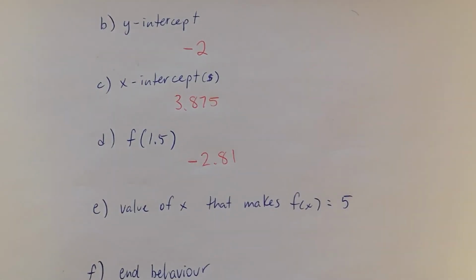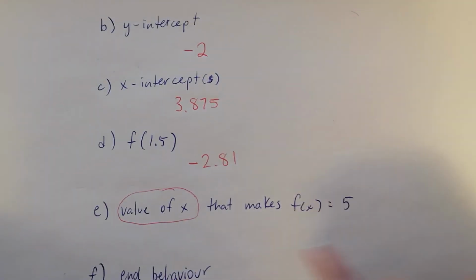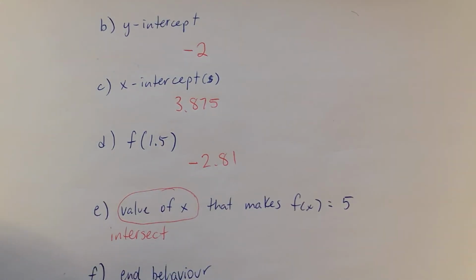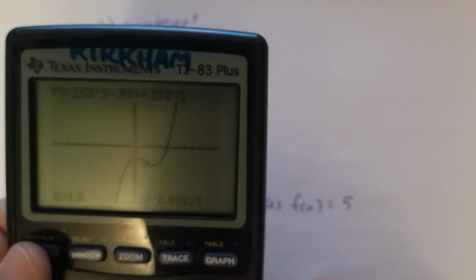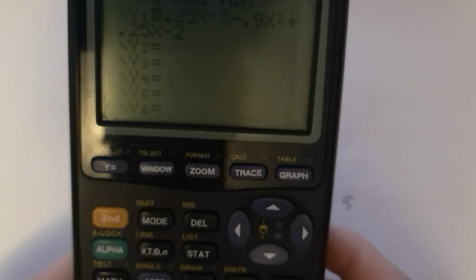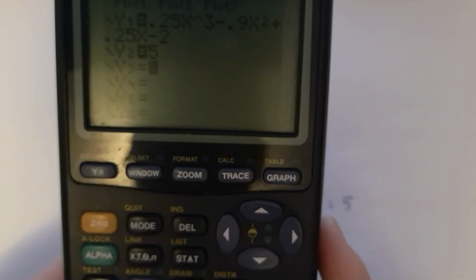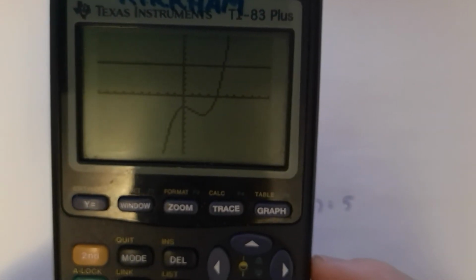All right, question E asks us for the value of x that makes f of x equal 5. And I've mentioned this in our previous video. When you're looking for a value of x, that's where you have to do an intersect. Okay, and I think that's what's going to cause us the most trouble now because it has the most steps. But I'm hoping you're starting to get a handle on that. So to do an intersect, we want to know where this graph equals 5. So it's going to be somewhere over here. But to get it exact, you hit y equals. All right, and you make y2 equal 5. Hit graph, and now there's a horizontal line, and you're looking for where it